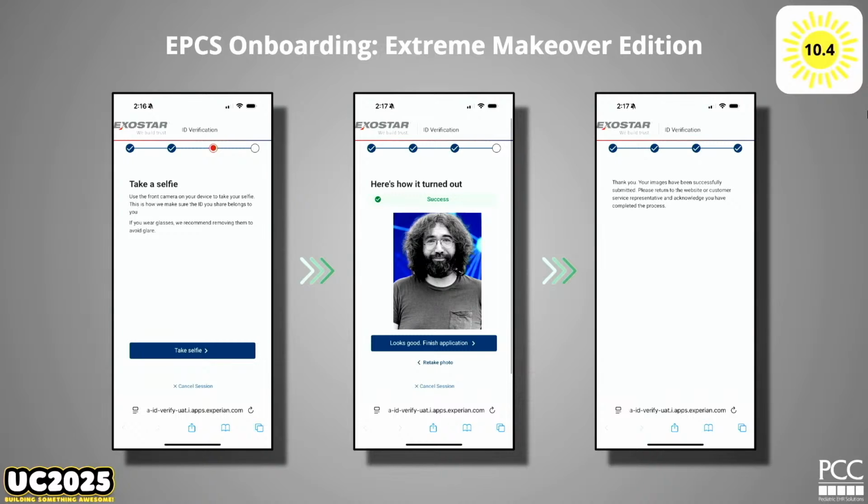You take the selfie, and then I think there's some verification in the background, and then you go back to the rest of the questions. That's it. You don't have to remember all that stuff about your loan or your mortgage. This is going to be pretty cool, and please don't panic that you have to redo this, because you don't.